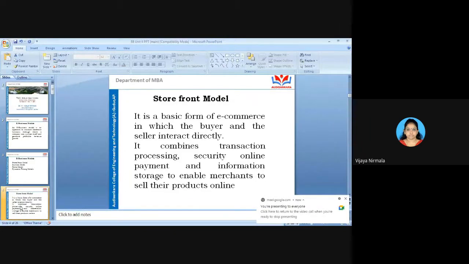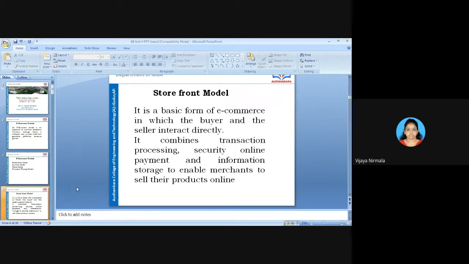What is a storefront model? This model is a basic form of e-commerce, in which the buyer and the seller interact directly. There is no requirement of a third party here. In this storefront model, the buyer as well as the seller interact directly. This model combines transaction processing,